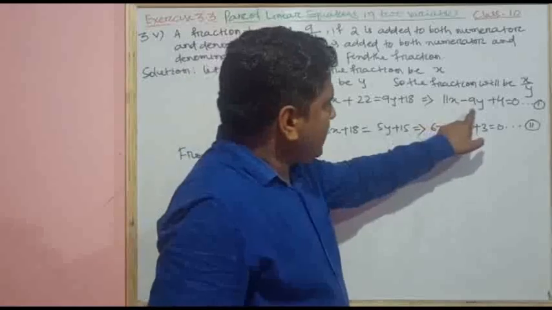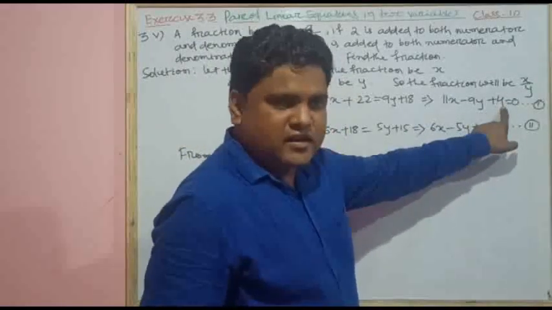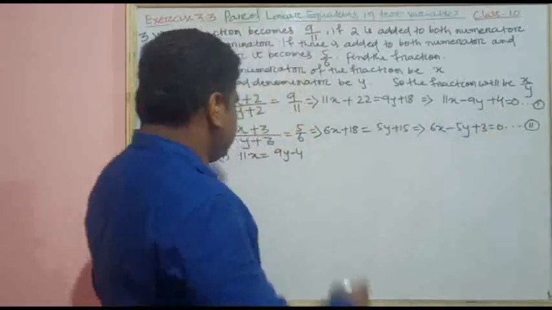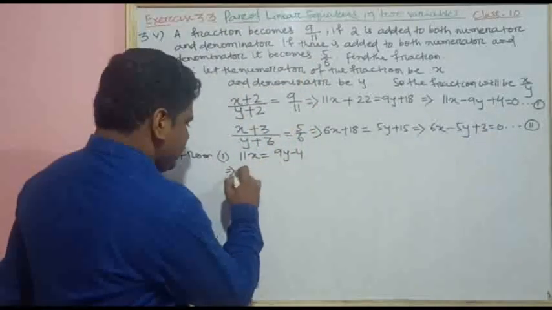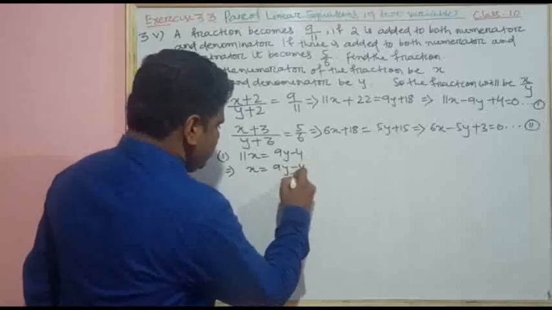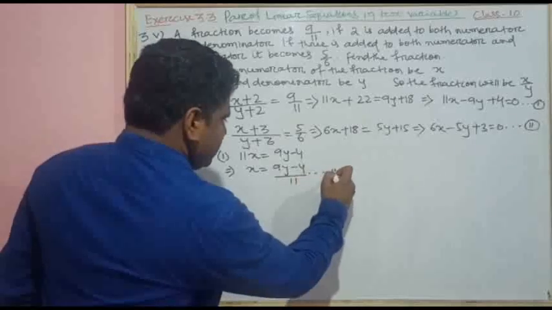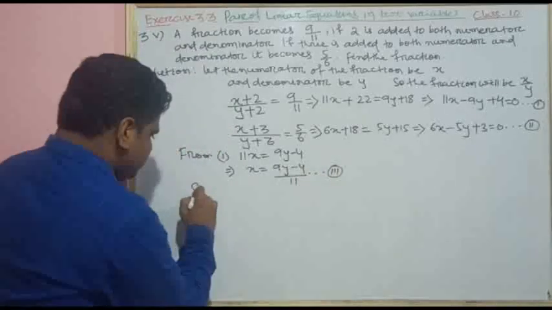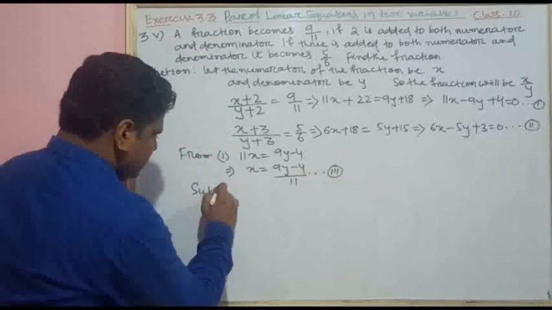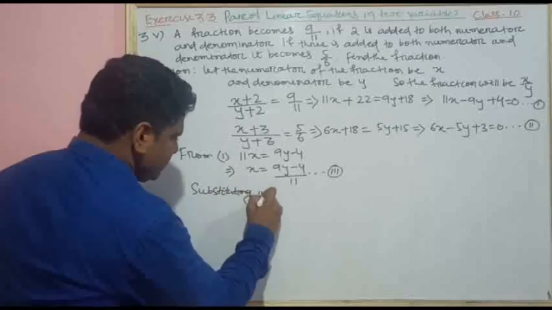11x, when this moves towards RHS, it will be positive, and when this moves toward RHS, it will be negative. So it is 9y minus 4, which implies that x equals (9y minus 4) divided by 11. Let it be equation 3. Substituting equation 3 in